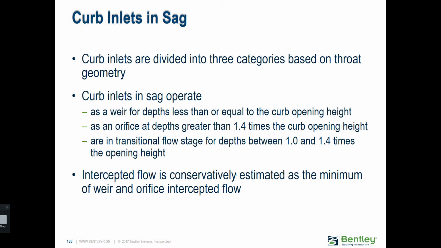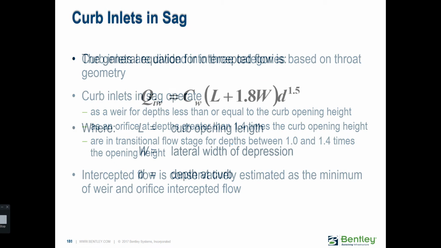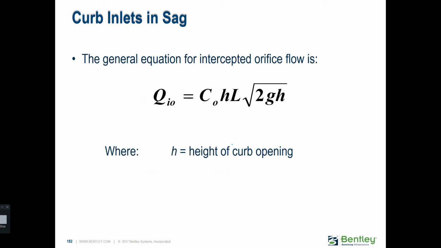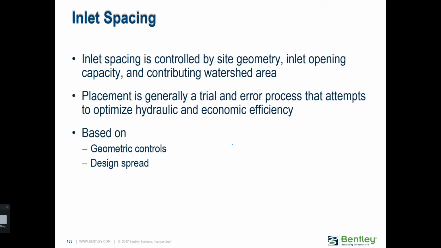Here's how we divide the categories based on the geometry of the throat for the curb inlets. As I mentioned, if it's very shallow, it's a weir. If the water is completely submerged, then the water is going through an orifice. But in between those two, it's a transitional flow stage. And this is the general equation for calculating the intercepted flow for those inlets. For orifice flow,